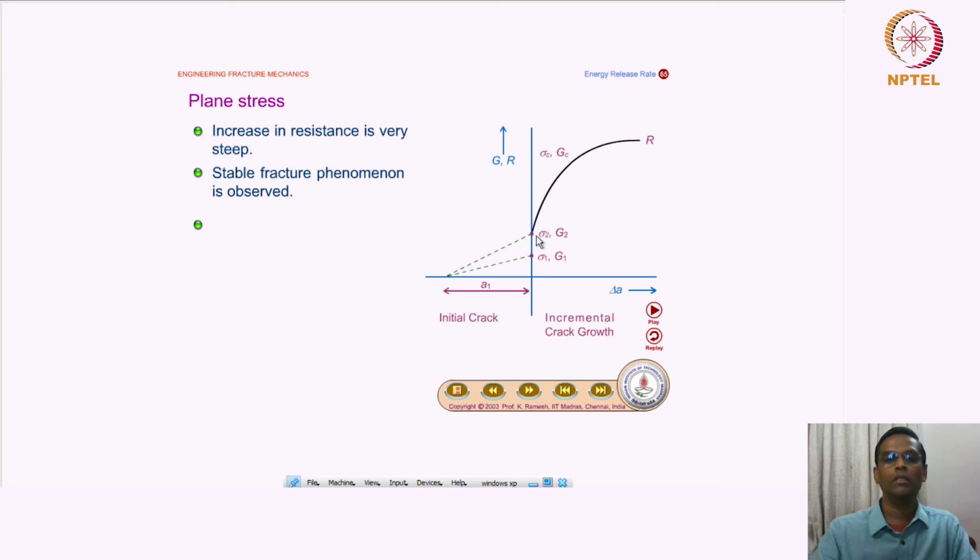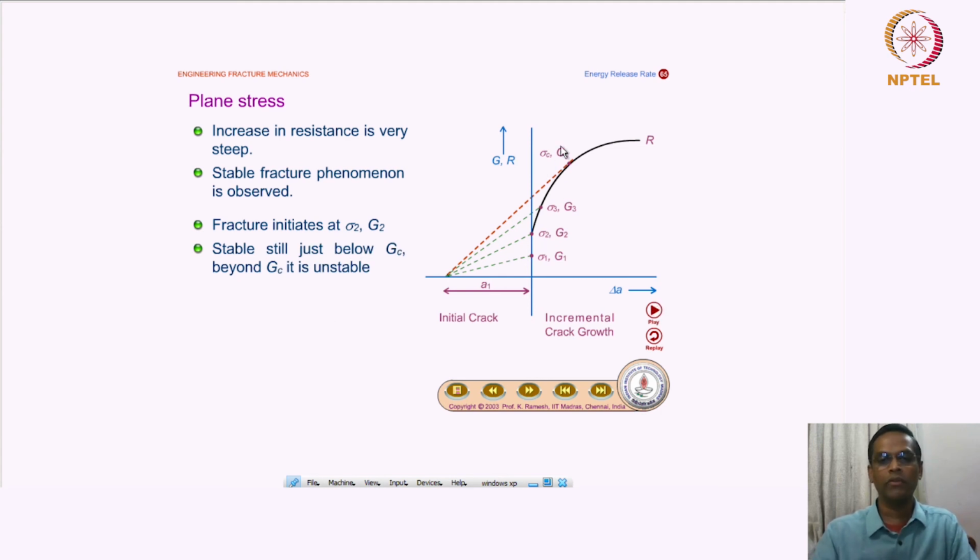now the crack length A1 with this sigma 1 doesn't start the fracture, and the moment the stress reaches sigma 2, it becomes critical. So now we'll stop here and then try to understand this. Stable fracture phenomenon is observed. What is stable